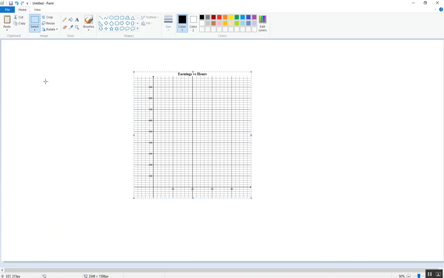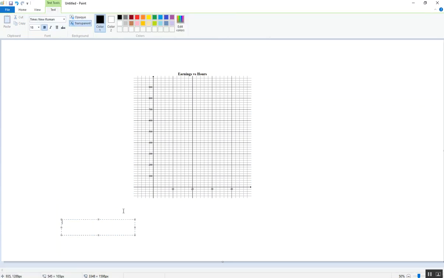So now I'd like to add some axis labels. So I'm going to choose the text tool and I'm going to create a text box away from my graph so I can play with it. Now I've already got it set up. I like Times New Roman 18 font because that will be pretty close to the font I've got in the title, and I like to bold my labels, but that's just me. So my x-axis label is going to be hours worked. And I'm going to create another text box with my y-axis label earnings